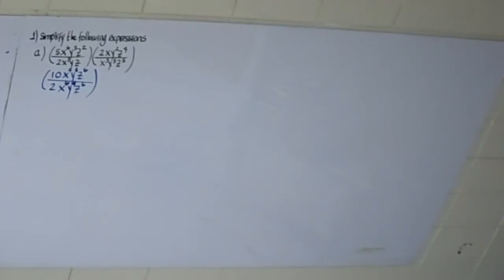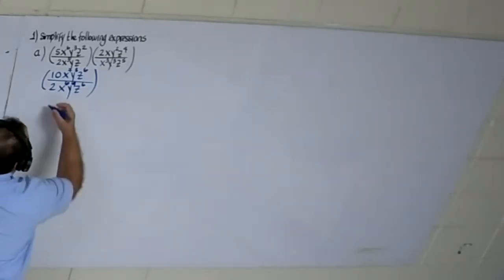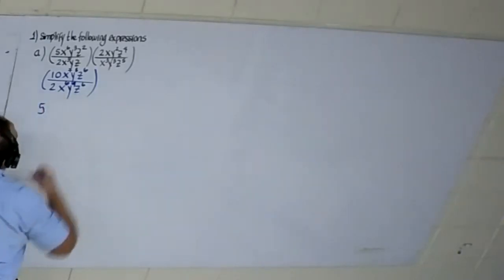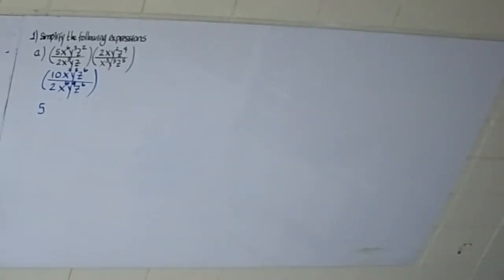Yes or no? Of course we can, right? 10 divided by 2? 5. Okay, we're going to write the number 5. And how about with the letters? Remember, we have a division, right? Rule number 2. We're going to copy the base,